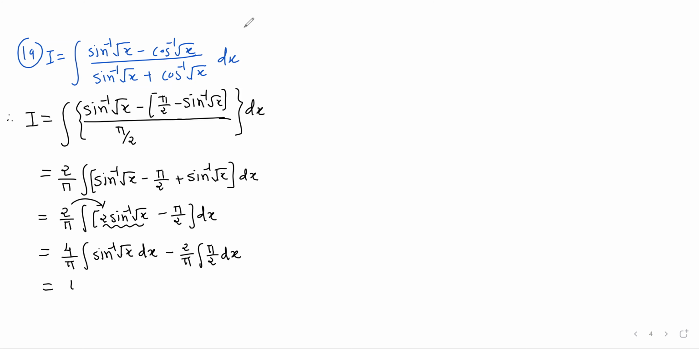Therefore 4 by pi, this term we can write as I1, I1 minus,